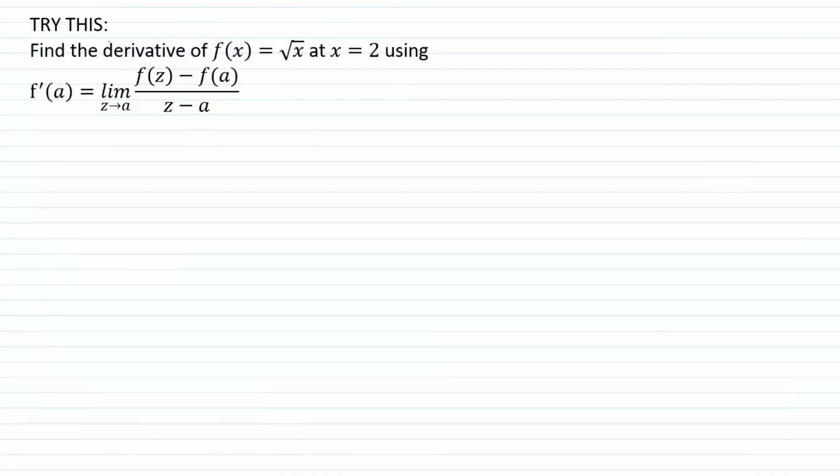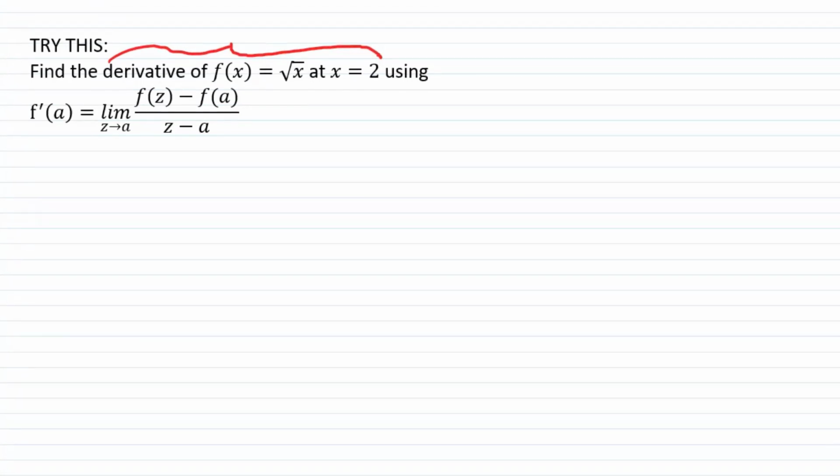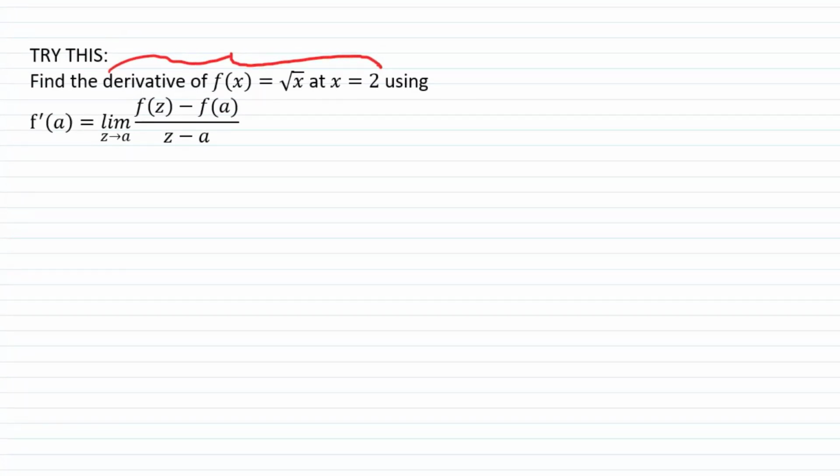thing. When it says to find the derivative of f of x at x equals 2, what would be another way of writing that, a short way of writing that derivative at x equals 2? So that would be the same as saying f prime at 2. So in this case, what is a equal to? What do we have to plug in for a? The 2, that's right. So remember, the z stays a variable, but the a is going to be 2 in